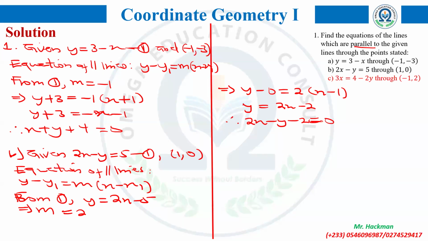Yes. Okay, so with this, you should be able to do C. At this point, let me pause and ask you individually whether